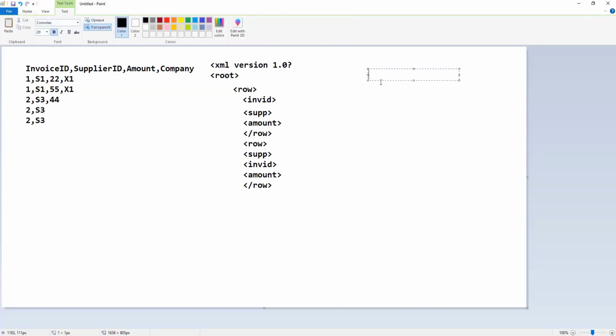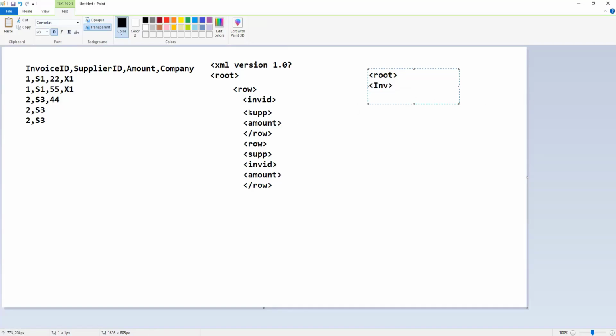But what you want is that your output should be the XML version, root, and then row, and in this I will do it like this. I can change it here to supplier, or say invoice. In an invoice there will be some header.